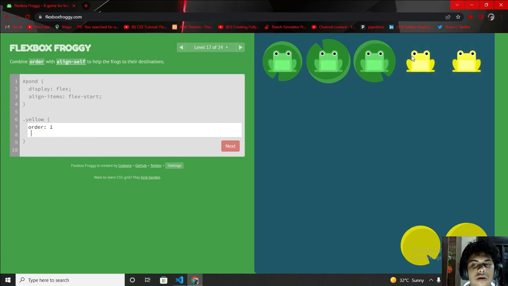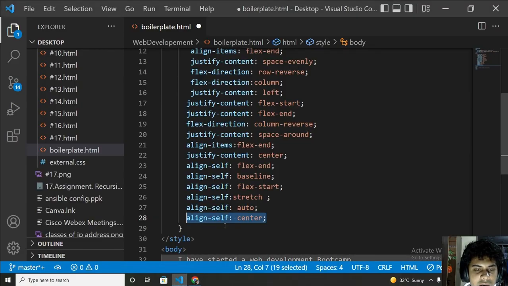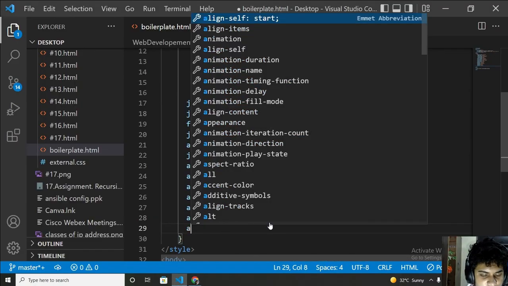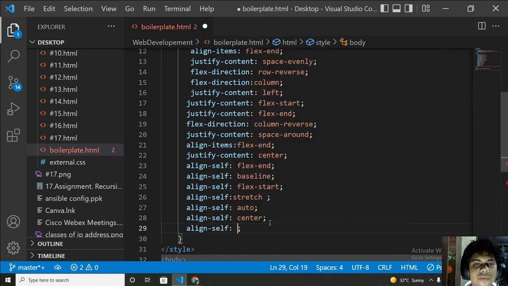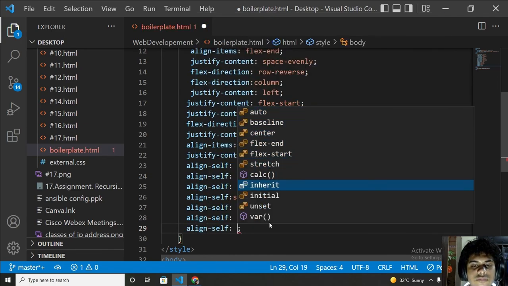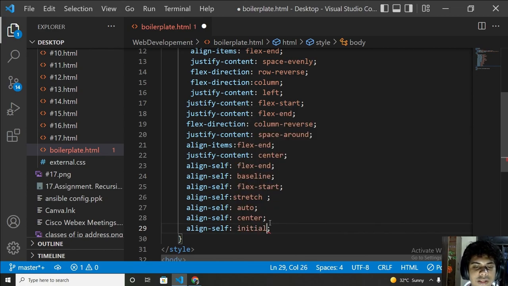Now I have to place only these two frogs here. How can I do that? Order 1, align-self to help the frogs. So let me try another property of align-self. Let me try initial.